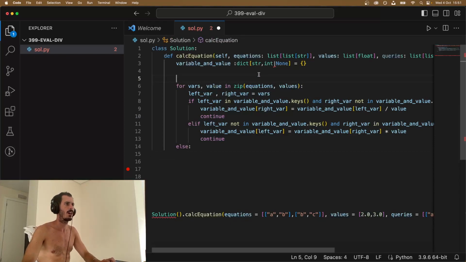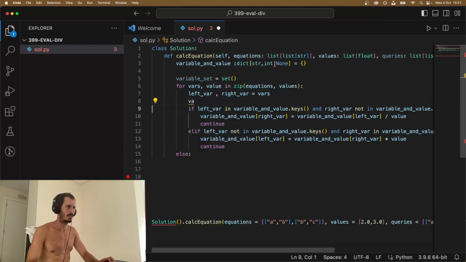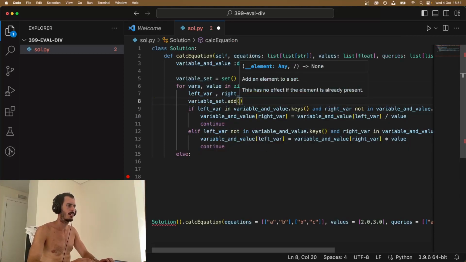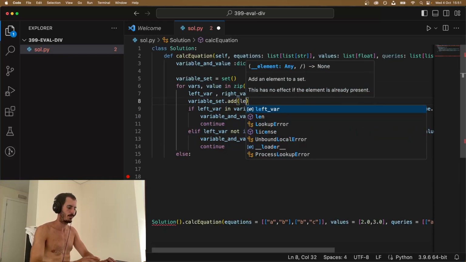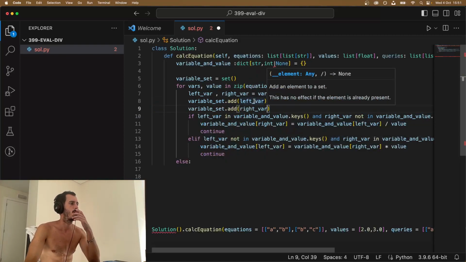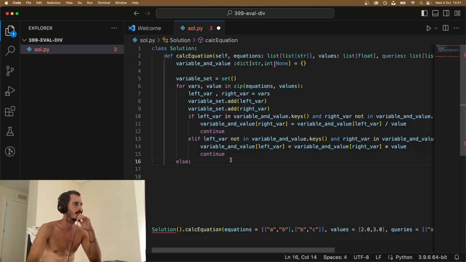So let's just, how many different values do we have? Different variable set equals set, and then I just go and add variable set dot add left var and variable set dot add right var. Cool. Then at the end,